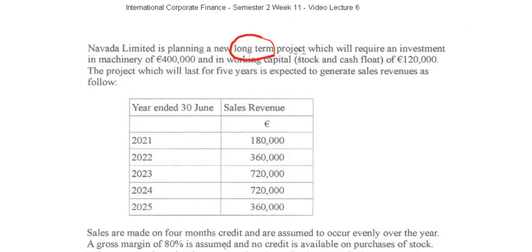Okay, so Nevada Limited is planning a long-term project which will require an investment in machinery of 400,000. So we've got to buy some machines, and we've got to invest in working capital here. Okay, so working capital, as you know, are things like stock, debtors, cash, that kind of an investment. All right, so most of these projects really